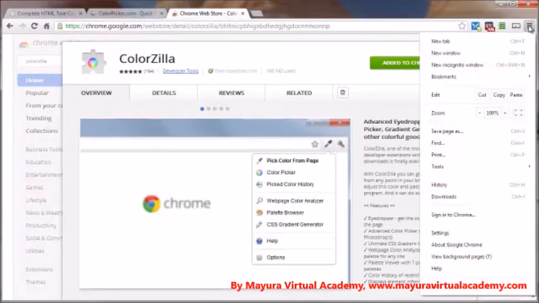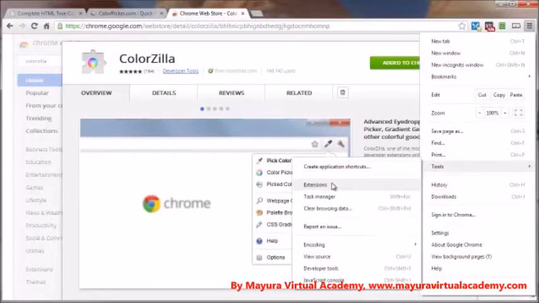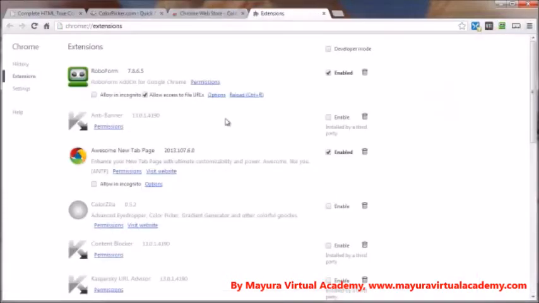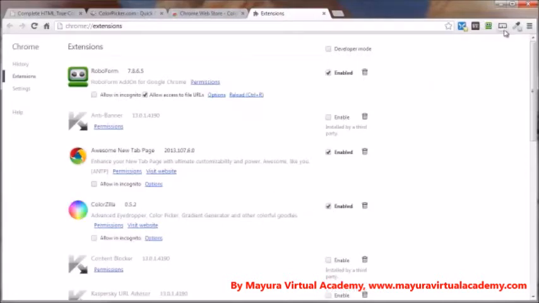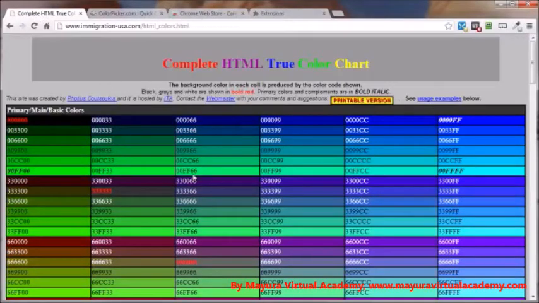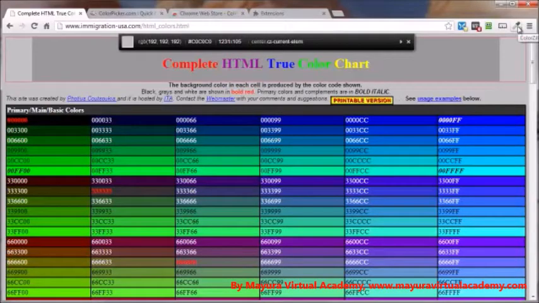So I'm going to go over to my extensions here, go to Tools, go to Extensions, and I've got a lot of mine turned off just to increase the speed of my browser. But right here is ColorZilla, and I just want to enable it. And you see it just puts it up right here. So now then, if I want to check out an exact color to one of my, say, buttons that I'm wanting to match or a header image, I just click on the ColorZilla color picker,